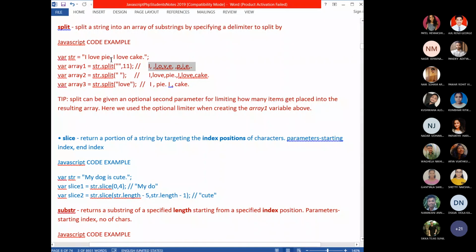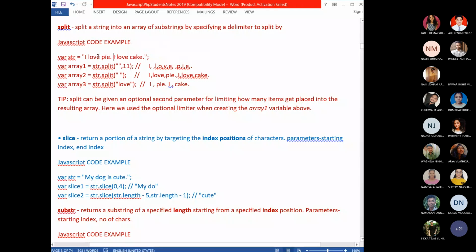How does it take until the dot? Because if you count, 11 is not an index value. 11 is the number of returned characters, the returned array elements.